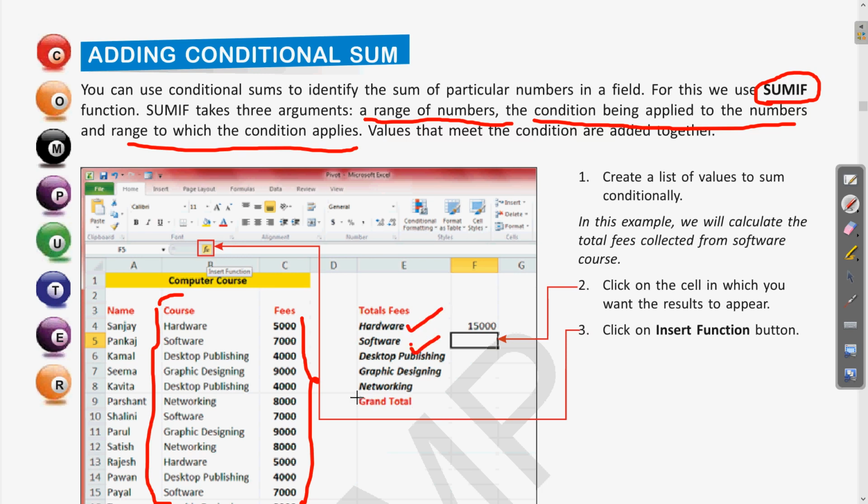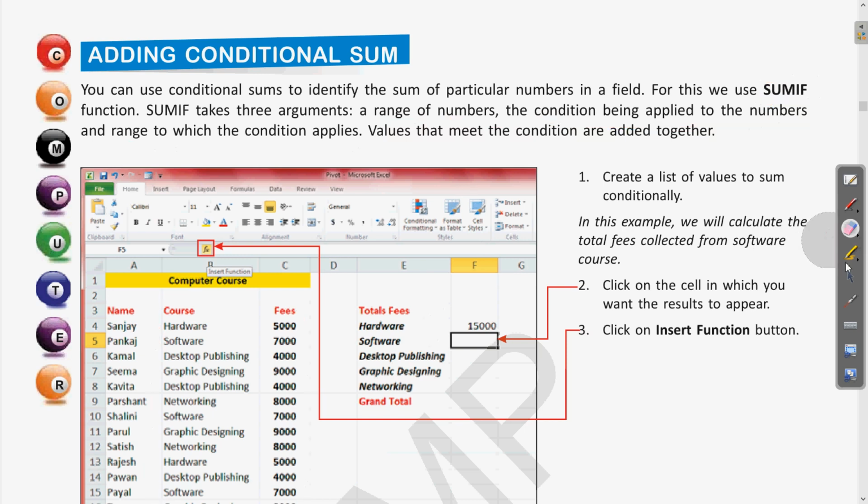Then the third parameter is the range, which will be the fees that you want to add. Clear? When we apply this, it will be more clear. So values that meet the conditions are added together. Clear? After you apply these things using the SUMIF function, the result will be obtained in the desired manner.